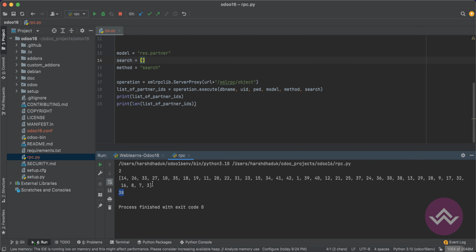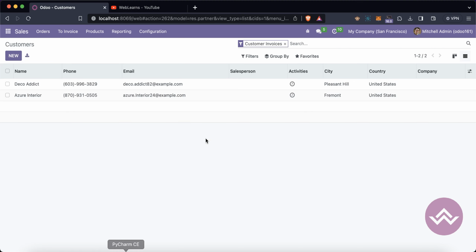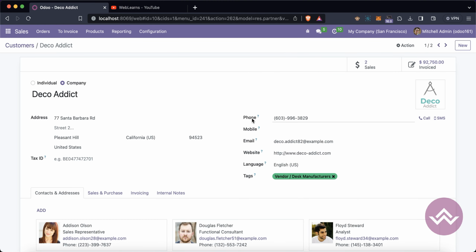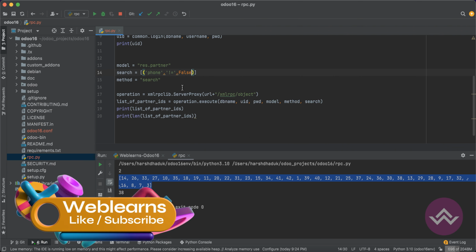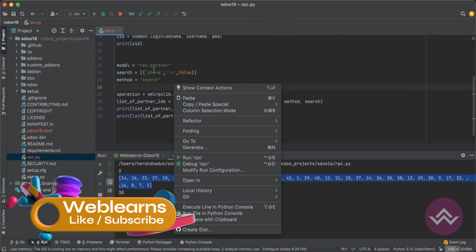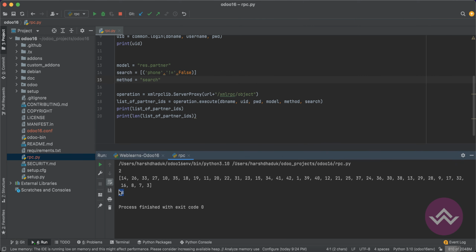Now let's say you already got the IDs using the search method. Right now I want to search only where the phone number is available, right? So we have a phone field, and the field name is phone. So let's say phone not equal to false. So how many records are there in Odoo? I want to retrieve only those records where the phone number is available, so I just pass the condition here, and once I run, you can see 38 records found,